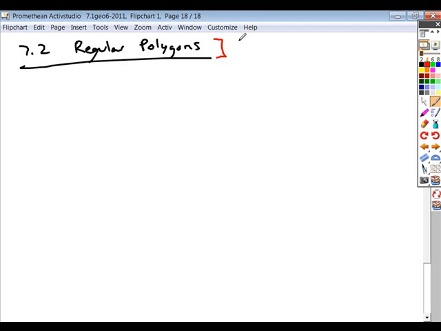Regular means all sides are equal, all angles are equal. Okay, so we've already discussed in detail a couple of regular polygons. We discussed a regular triangle. All sides are equal, all angles are equal. We discussed, this is called an equilateral